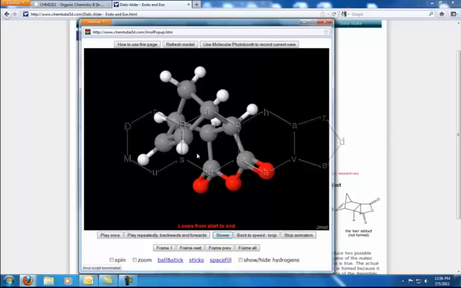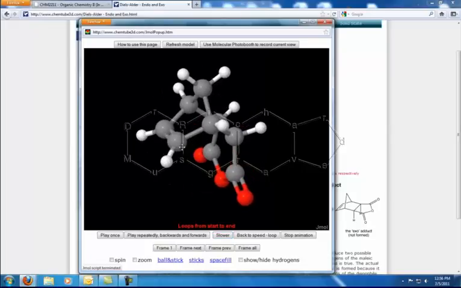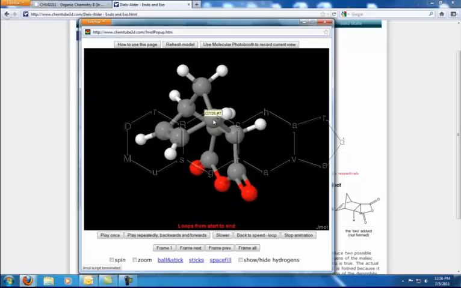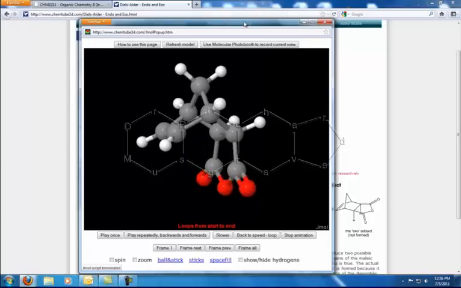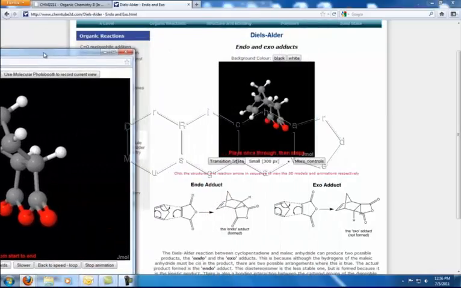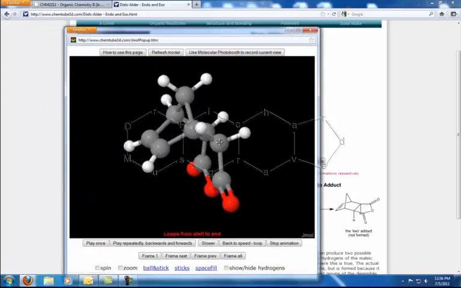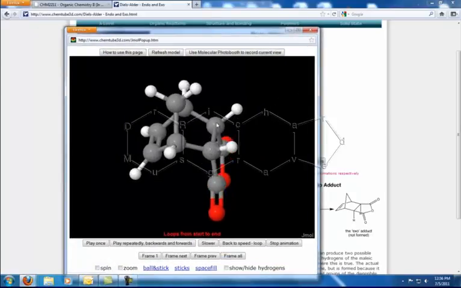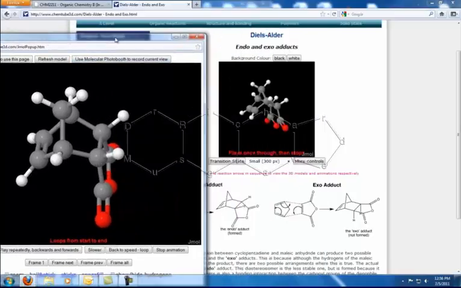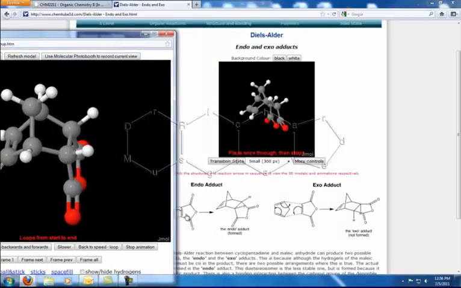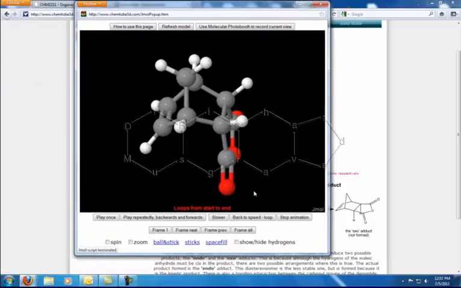So just to orient you a little bit about where we're at with this adduct, you can see this C here and this C here were the C's that made up the end of the diene. And you can see these two carbons here are the carbons that made up the dienophile, and that's these two carbons right here. Alright, let's go back to the